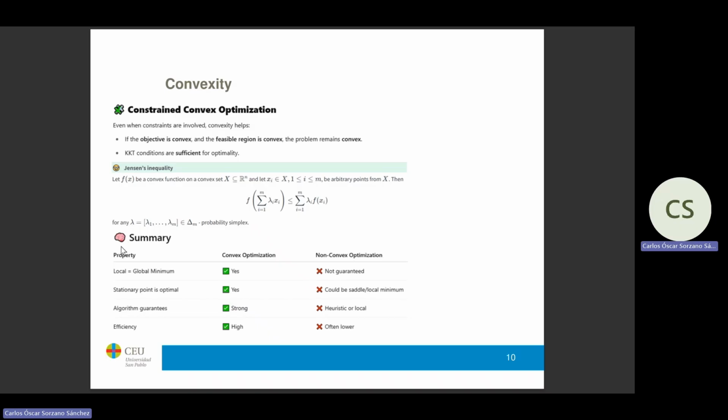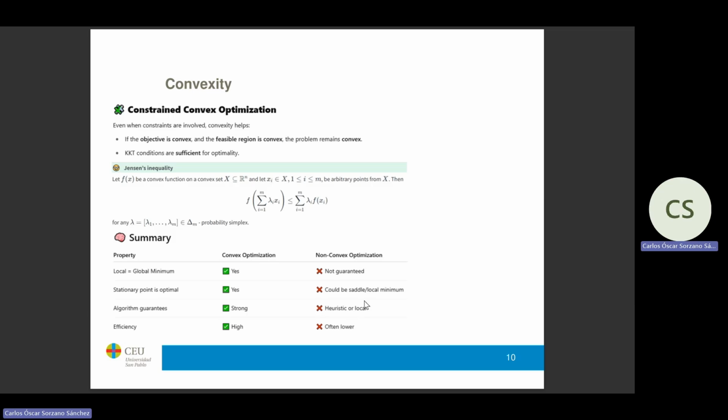And so in summary, if you have a convex problem, then a local optimum, a local minimum, is a global minimum. For non-convex problems, it is not guaranteed. The stationary point is always optimal. So the point at which the gradient is 0 is always an optimum of that. And there are strong guarantees that the algorithm will converge to the global minimum, while for general